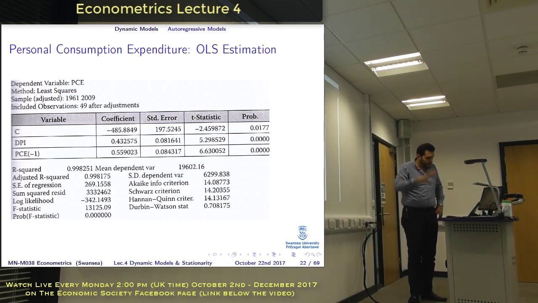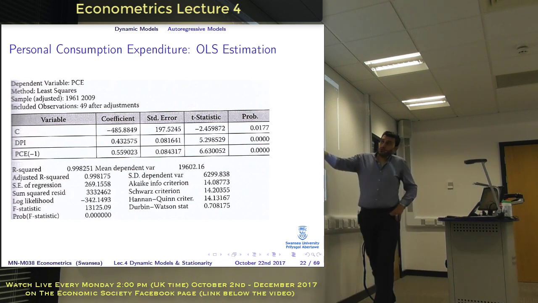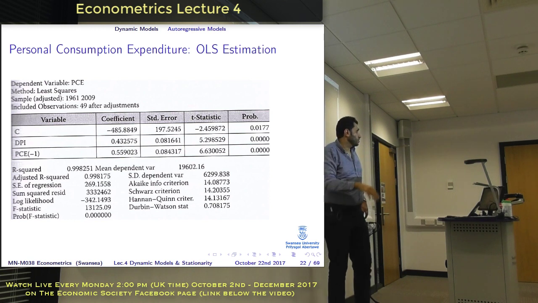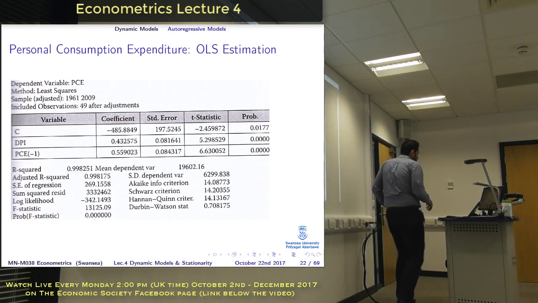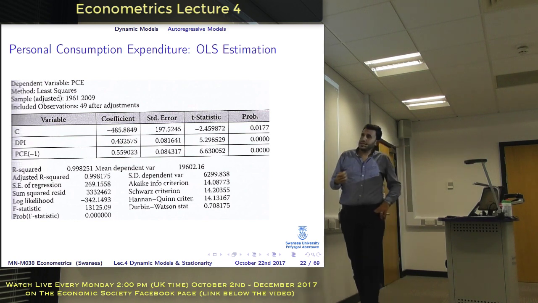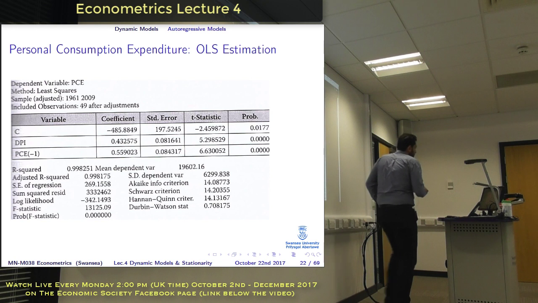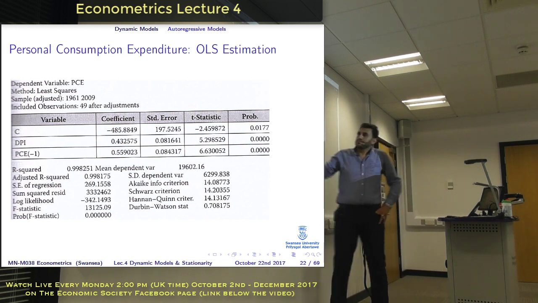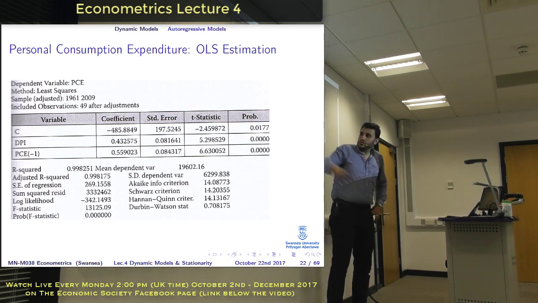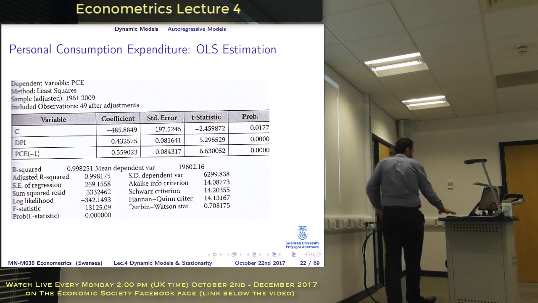But let's now assume that we know all of this, but we want just to look at these. How would we interpret these coefficients? So we know there are problems in this estimation, so we're not going to take it seriously as it is. But what I want to comment on is these coefficients. How should I look at these coefficients? For example, let's look at this one. What is this coefficient? 0.43. In this equation,